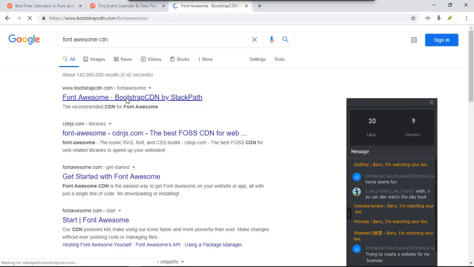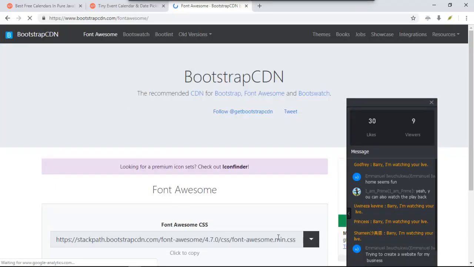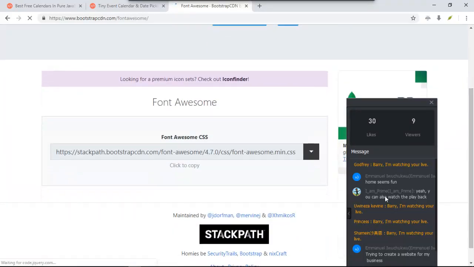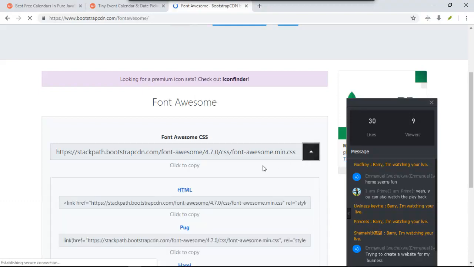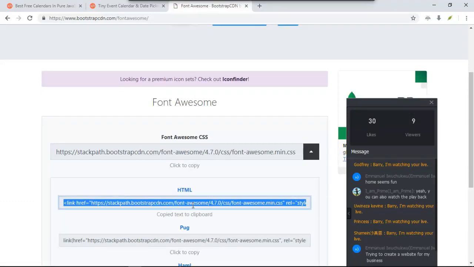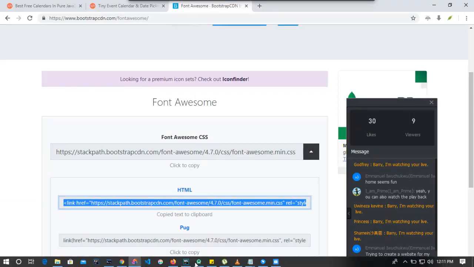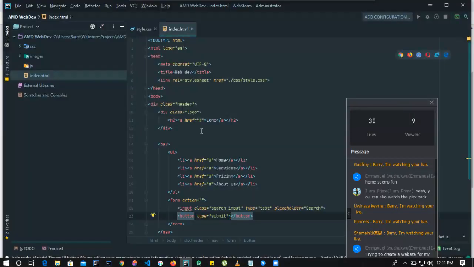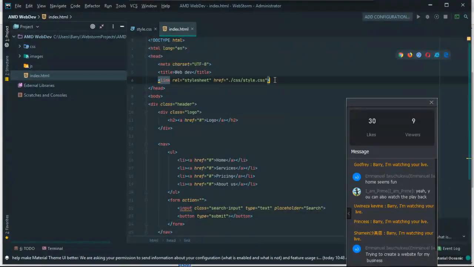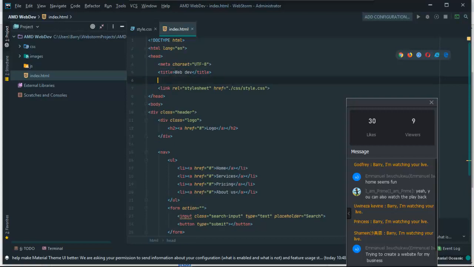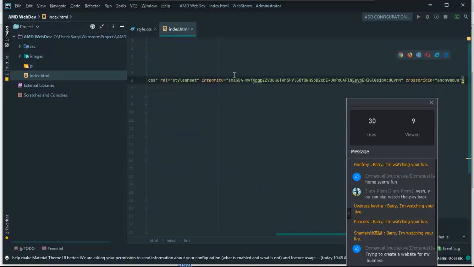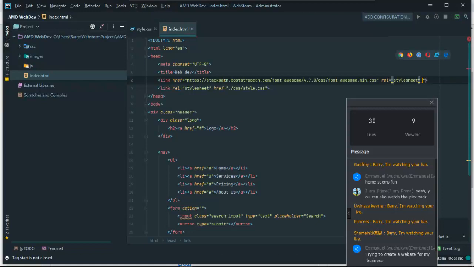This is the website I use for my icons, and I'm just going to click here and grab this, copy it, and paste it inside my links. These integrity things, I don't need them. Okay,